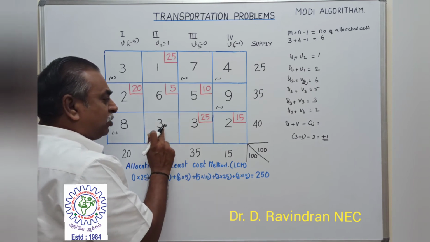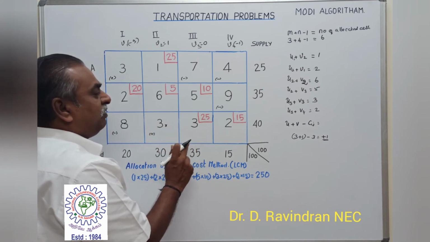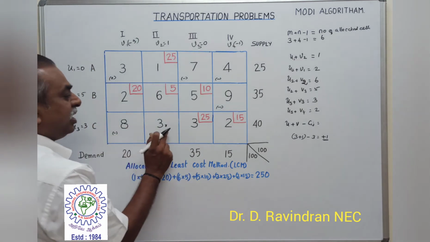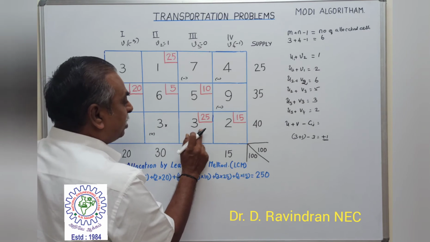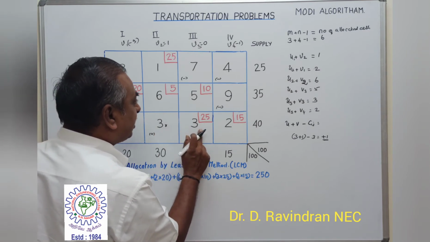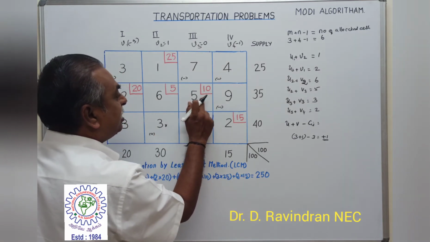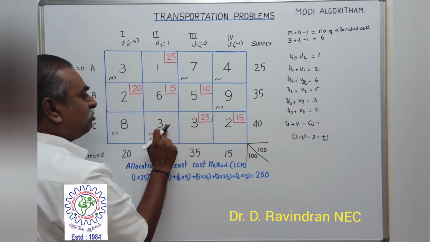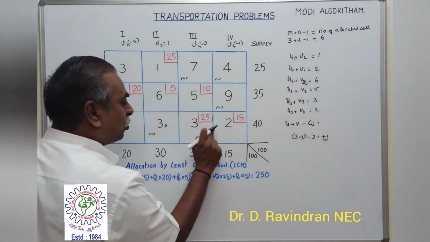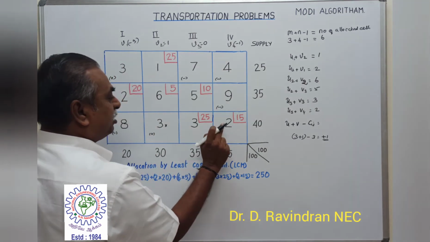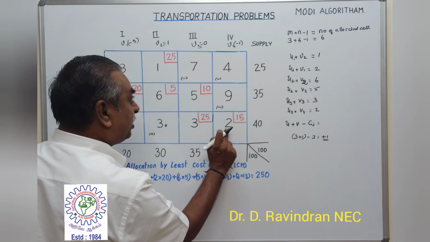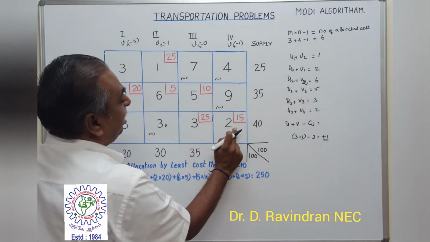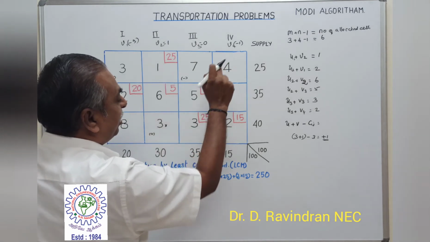So the loop has to take a turn only at the basic cells. Suppose here there are no basic cells. Here we have got one basic cell. So when you go here, we can take a turn and go to another basic cell, and then from here I can take another turn at another basic cell. Then we can complete this loop. For example, when I go here by crossing this, after going there is no cell to take a turn. So from here, there is no cell available for taking a turn.